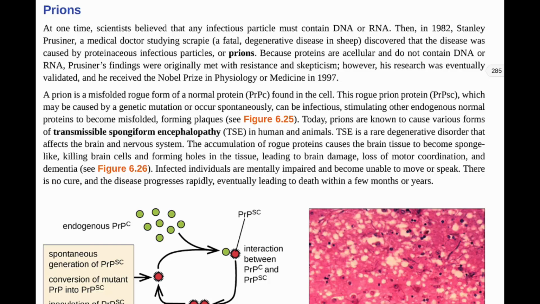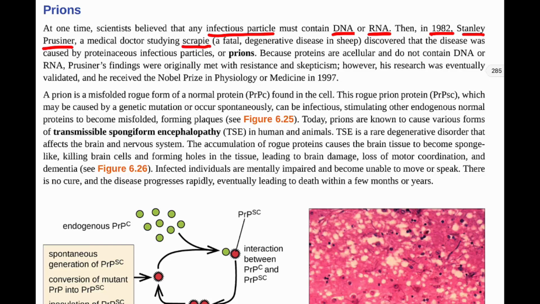So the last of our non-living disease agents are prions. At one time, scientists believed that any infectious particle must contain DNA or RNA. That seemed like a pretty reasonable leap of logic, that anything that can be infecting something else must have some sort of background, some sort of something to direct. So DNA or RNA, which we know as the basis of any cell or even acellular organisms like viruses or viroids or virusoids. However, in 1982, Stanley Prusiner,